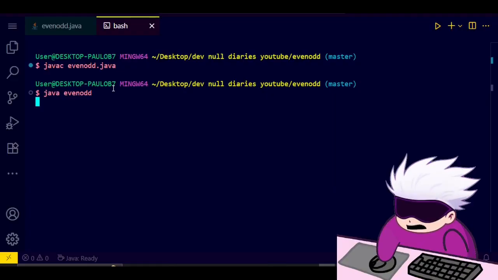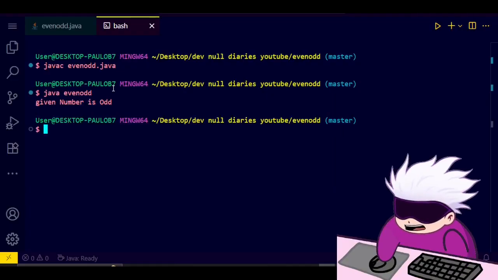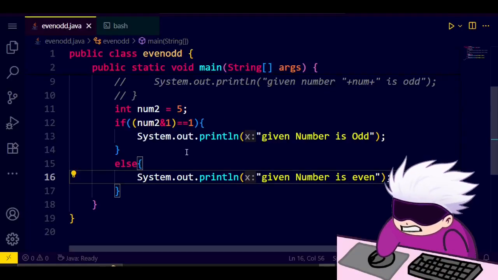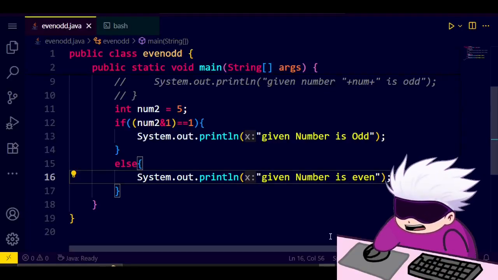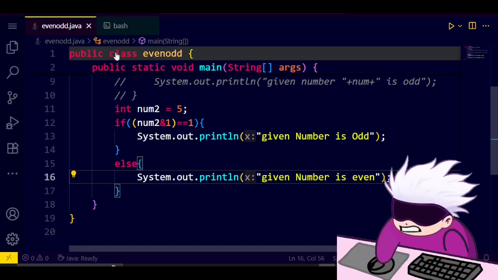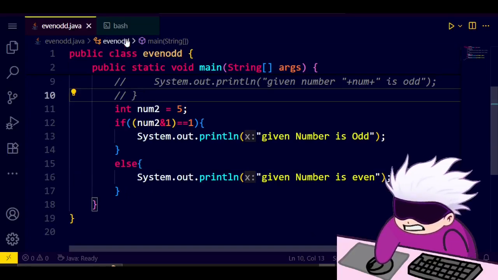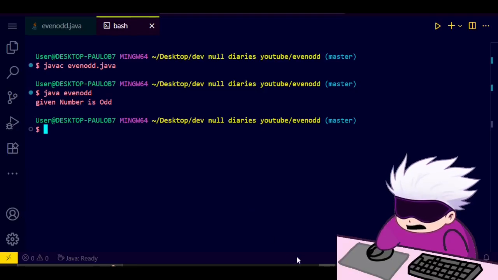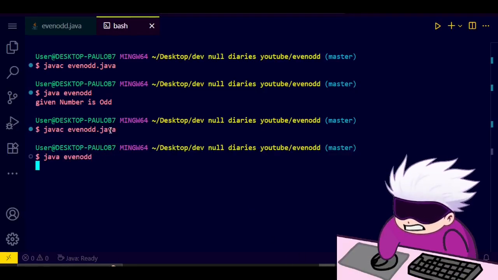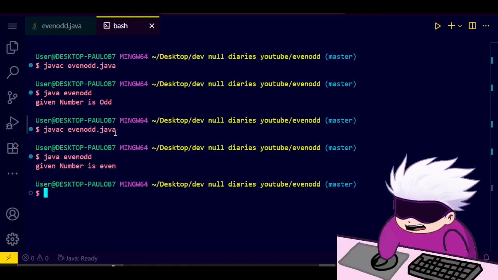Given number is odd, and here we can clearly see our program is working nicely. Let's check with another condition. Then we run the code, and here we can say our code is working nicely.